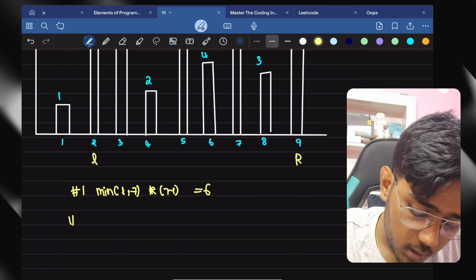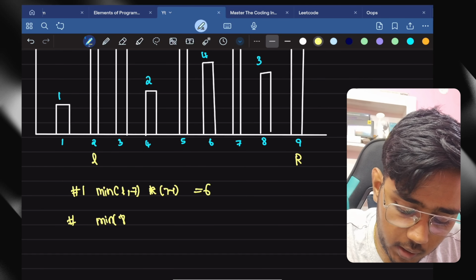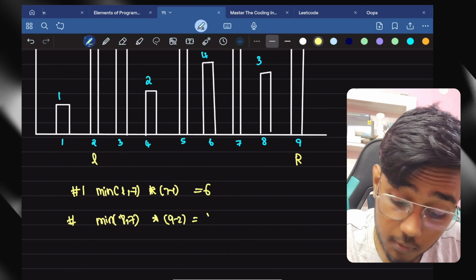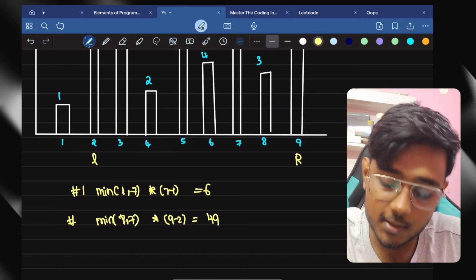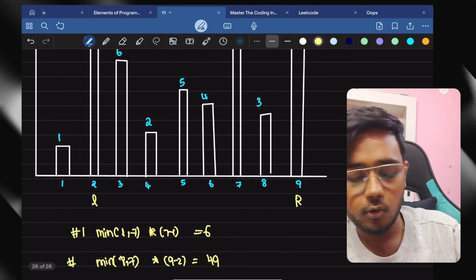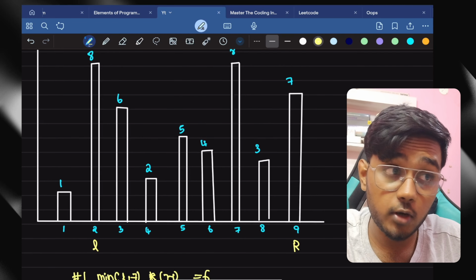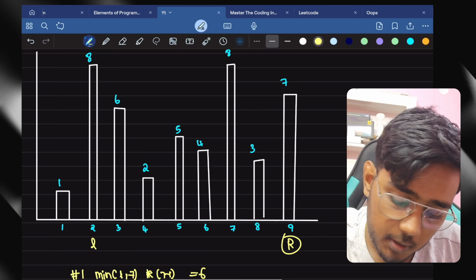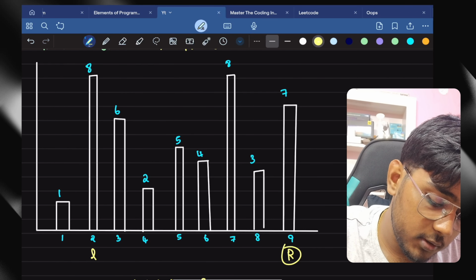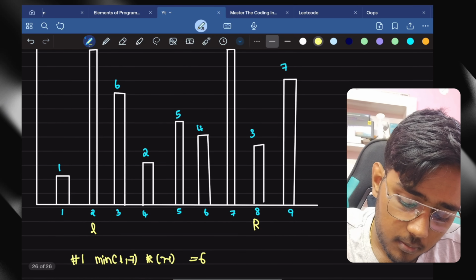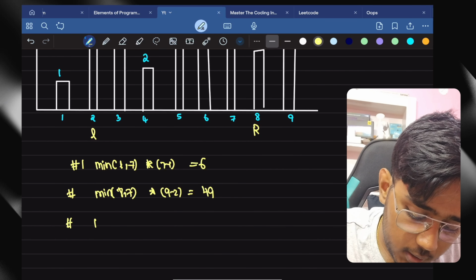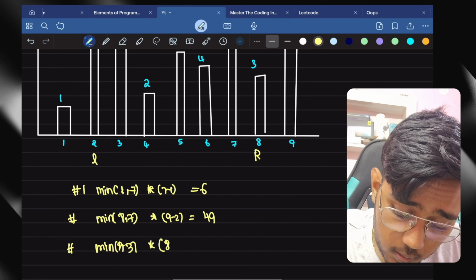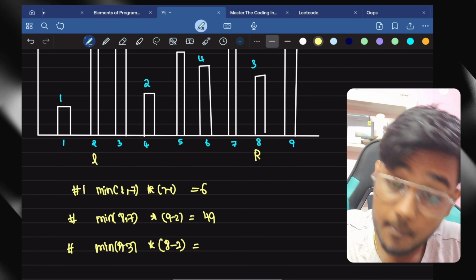Now let's compute the area again. Minimum of 8 comma 7 into 9 minus 2, which is going to be 49. I guess this is our answer. Now let's move to the next position. Tell me which pointer I should move? The minimum one. So just move right, because left is 8, so the minimum value is 7. Just move right one step. Now if I calculate the area, it's going to be the minimum of 8 comma 3 into 8 minus 2, which is going to be 6 into 3,